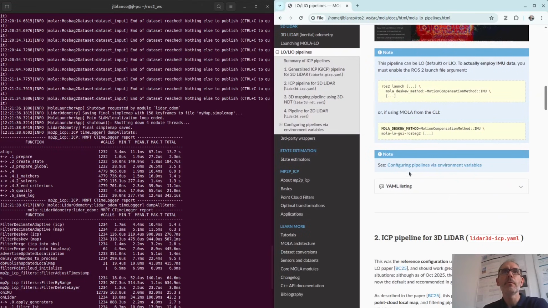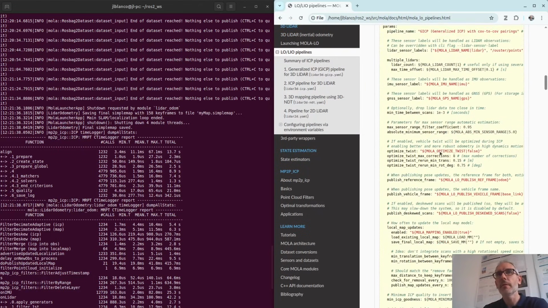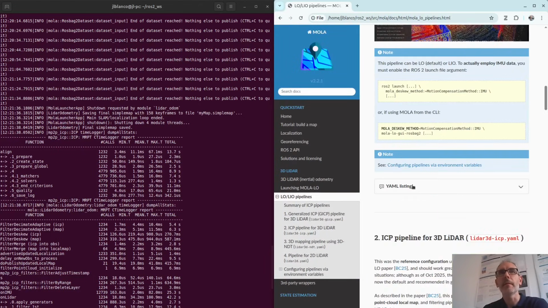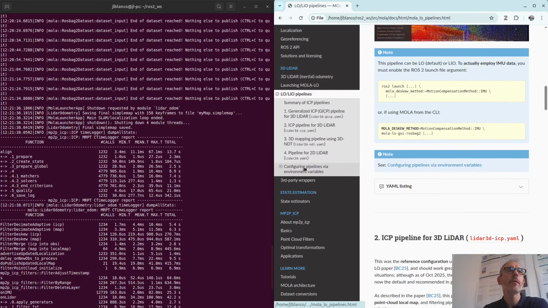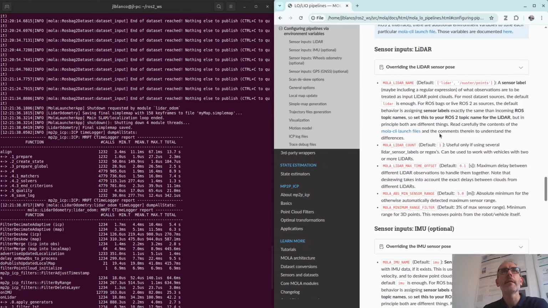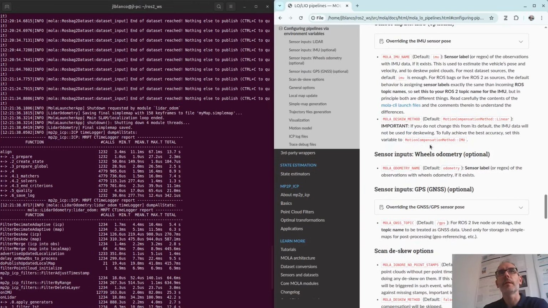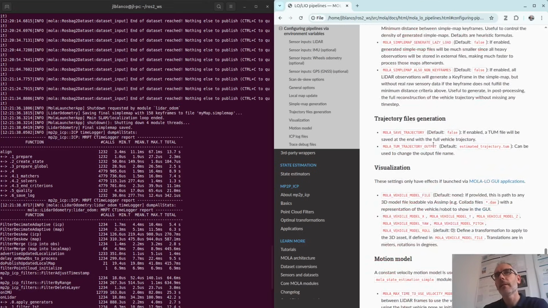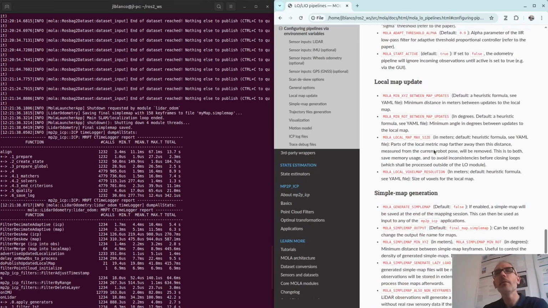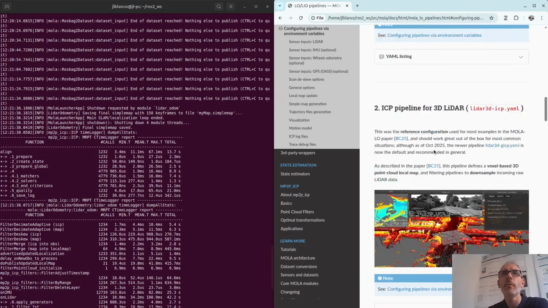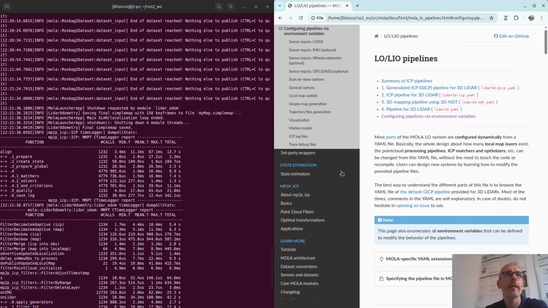You can go to the YAML file and look for all the different parameters, or go through this documentation part here where you have the most important ones. But there are even more parameters in the YAML. So if you want to get really into the details, go to the YAML file and study that.